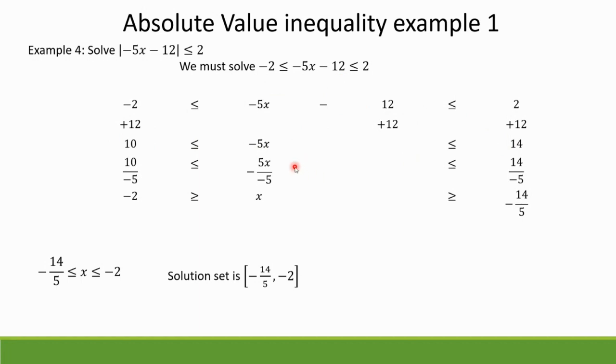Next, we divide everything now by negative 5, right? Again, we want x, not negative 5x. But here we're dividing by a negative. If you multiply or divide